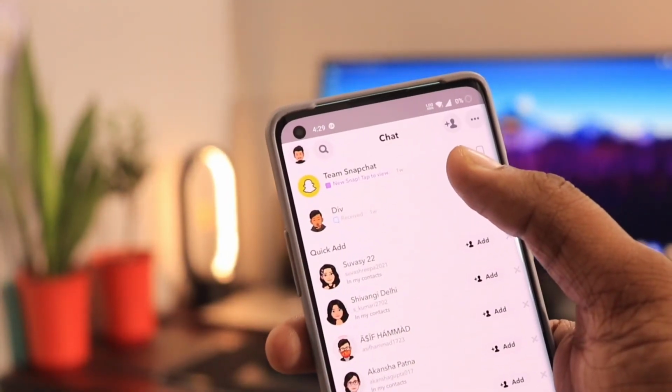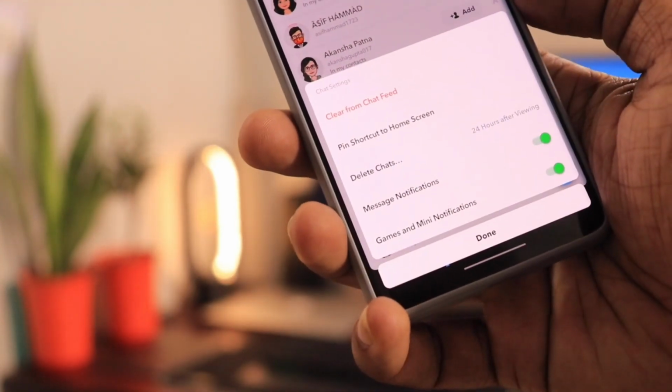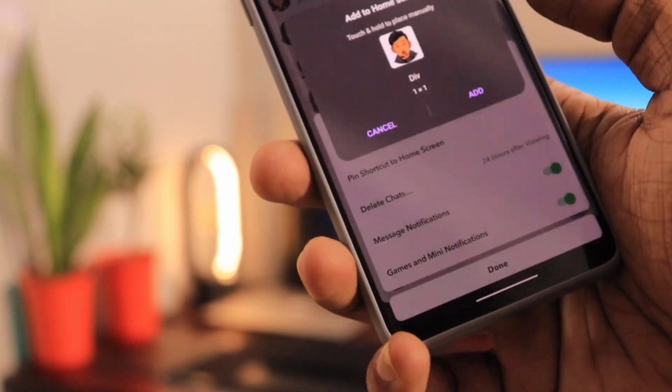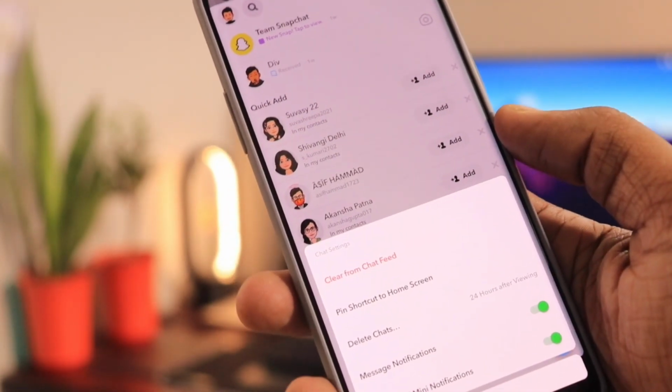For compensation, Android users have got an interesting feature by which they can create a shortcut icon of their best friend or maybe the only person for whom they use Snapchat. So for this, just click and hold on the chat and under chat settings, select pin shortcut to home screen